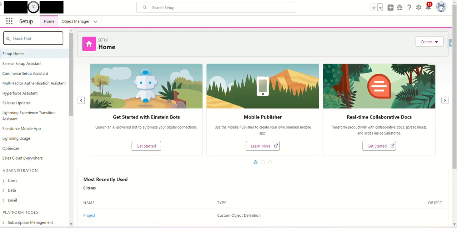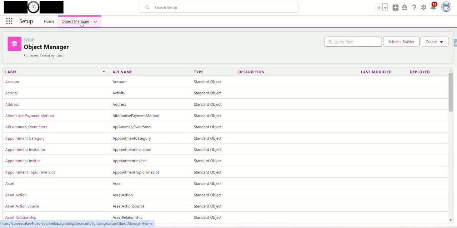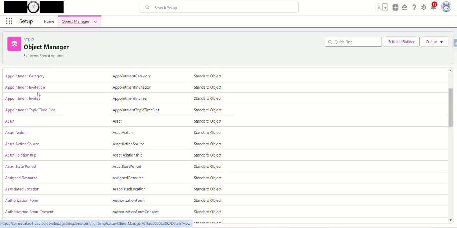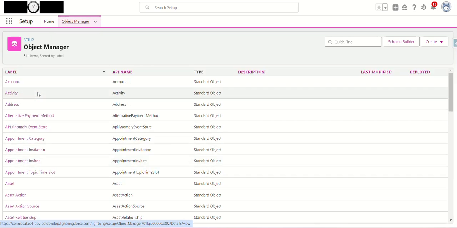Next thing that's on here that I want to talk about is the Object Manager. The Object Manager is where admins mostly would go. This is what the admin, or a type of configurator, would use to go and create objects. As you see here, these are all the objects, and Salesforce has standard objects, which are the most basic or